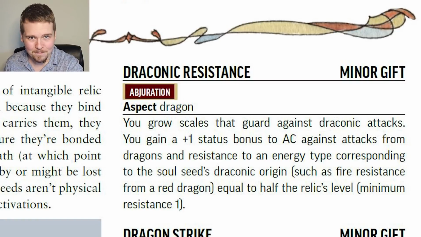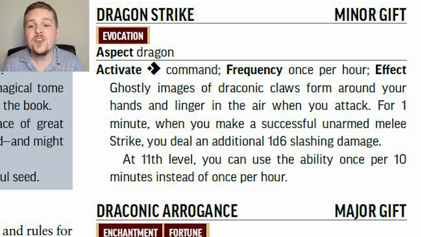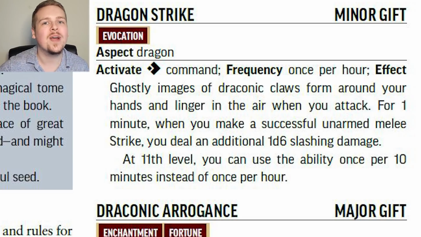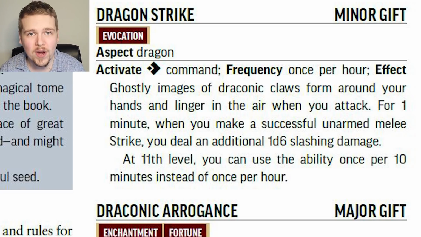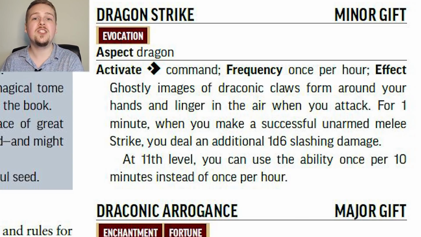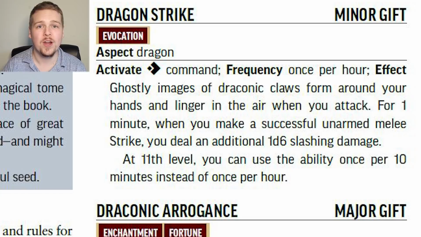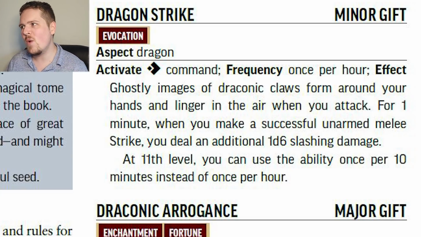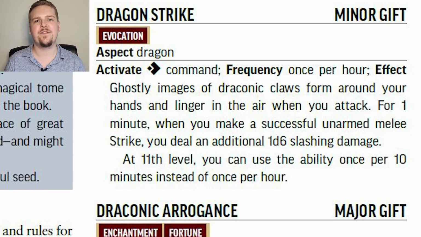that ability. Likewise, if they happen to have the Dragon Strike gift, they do have to use an action to activate it, but unlike trying to interact and activate an item, this does not have the interact trait and is simply done automatically via a command. This means you can't get an attack of opportunity, for example, when you activate Dragon Strike from a soul seed, whereas if you had an amulet that was a draconic relic to activate Dragon Strike, you would need to interact to